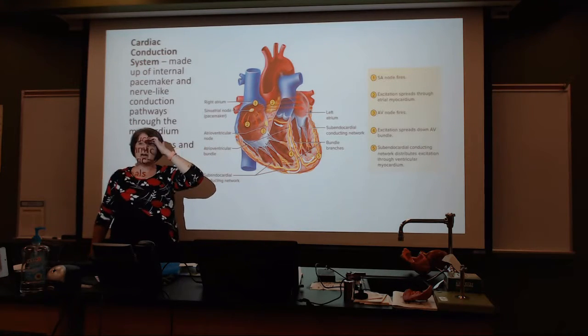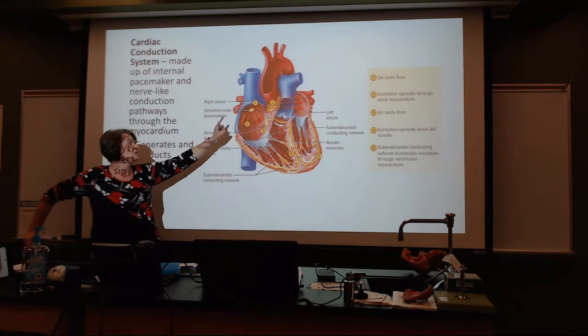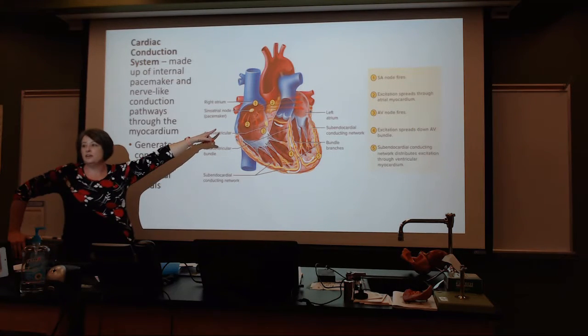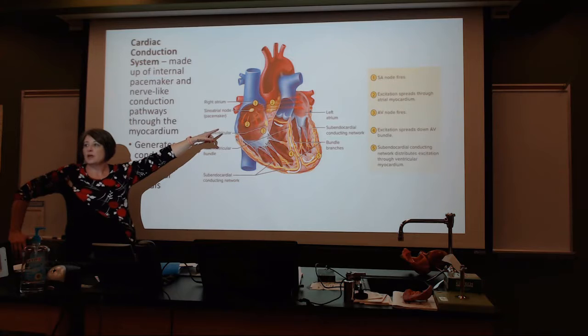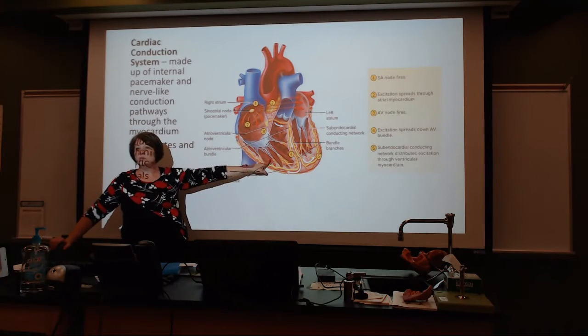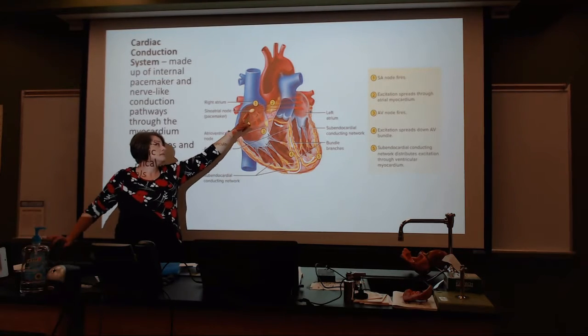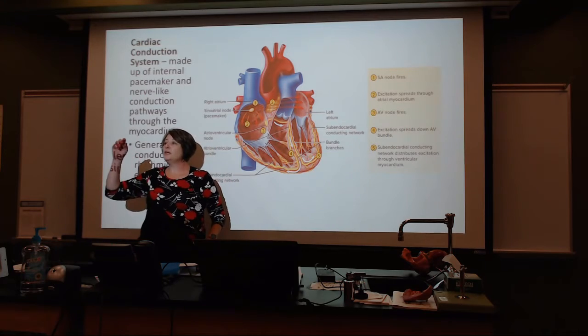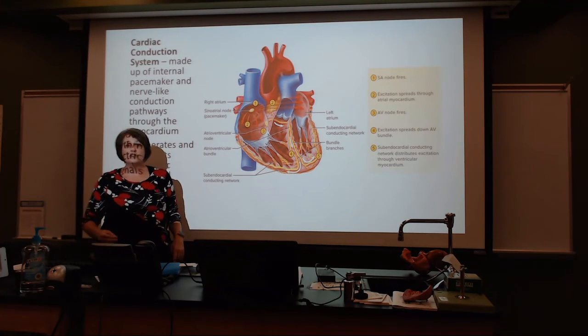Now, what do you note about the arrows coming from that SA node? They're pointed down. I've got some that are pointed down and some going across. So in a nerve-like